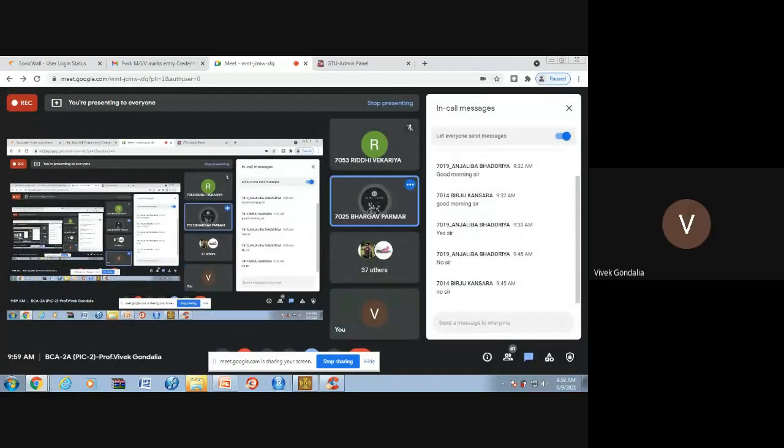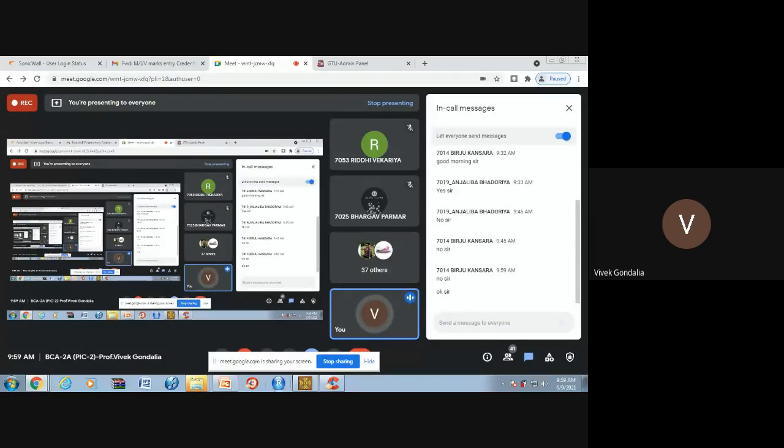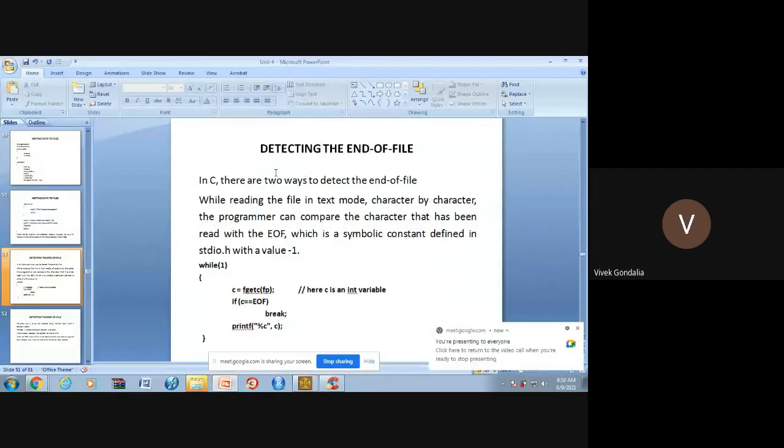No, sir. And today we have the lecture of file mem also from 12 to 1. So again you have to rejoin this PIC2 lecture at 12 o'clock, right? But right now let me take the next topic. We will complete it by 10:15, right? So we'll take only 15 minutes right now. So after that again you have to rejoin at 12 o'clock.